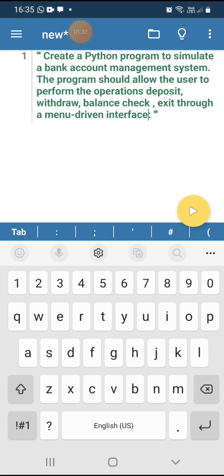Okay, menu means what? Initially, at first, a menu will be displayed: 1 for deposit, 2 for withdraw, 3 for balance, 4 for exit, like that. That is menu driven. Okay, let us start the code. First of all,